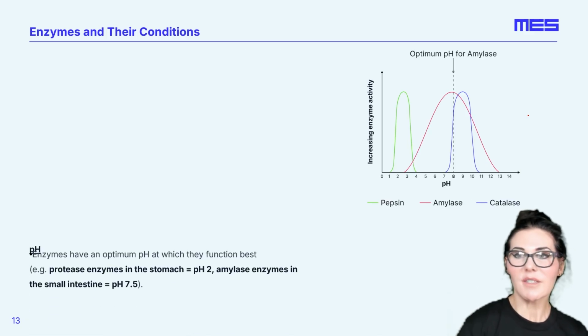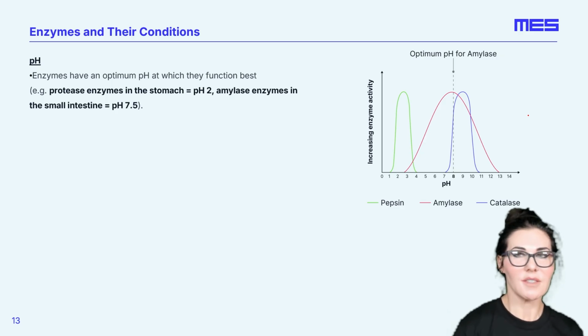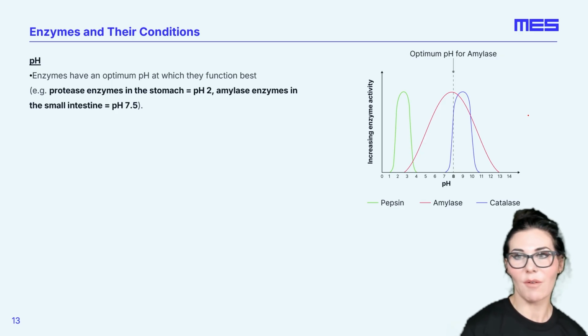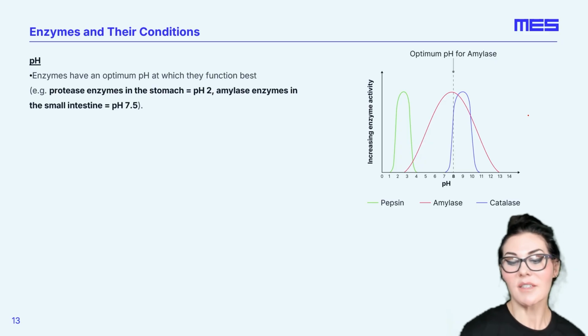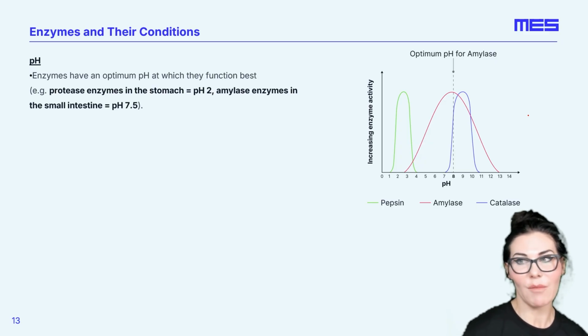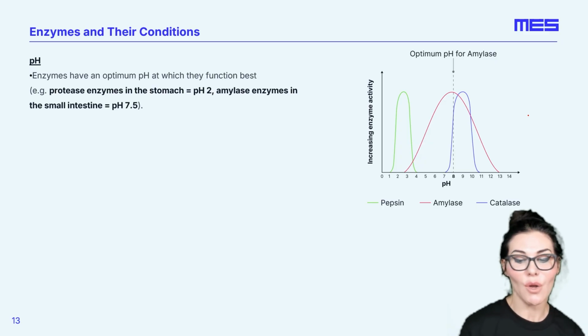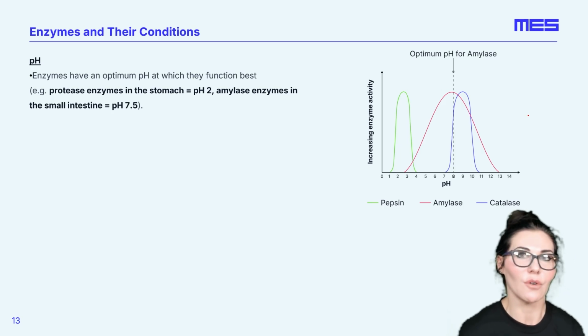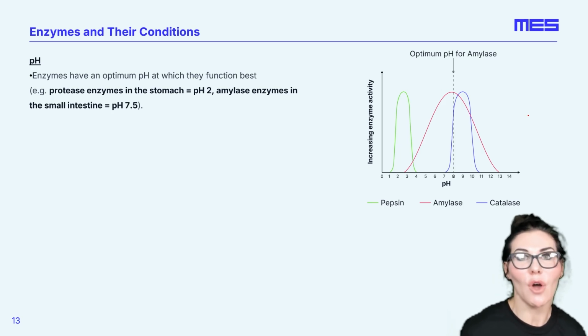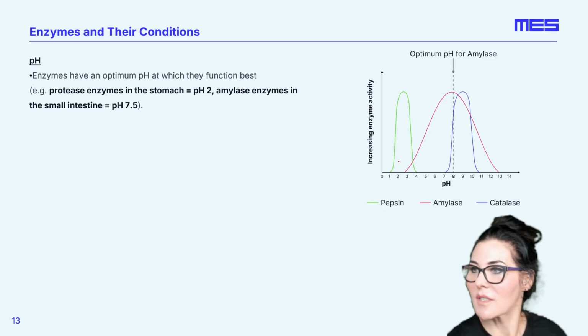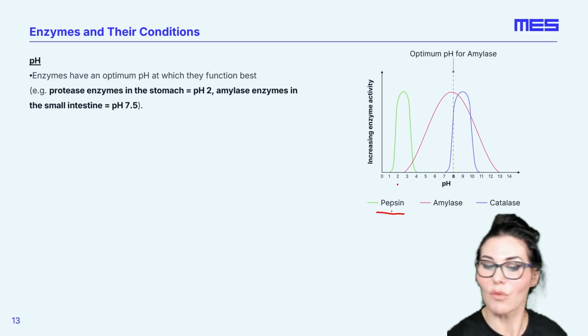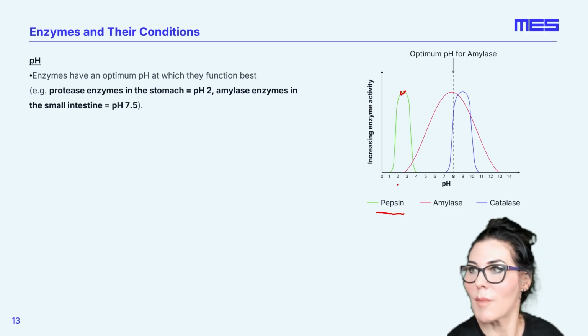If we address pH as something that can affect enzymes and their reaction, it's a similar idea. Enzymes are very sensitive to pH in their environment, but it's not a set in stone pH. Not every enzyme has an optimum pH of 2 or 7 or 14. Different enzymes have different optimum pHs depending upon where they work. For example, protease enzymes in our stomach will work at their optimum at a pH of 2, and you can see this on the graph, that pepsin, the green line, is showing a peak in the reaction activity